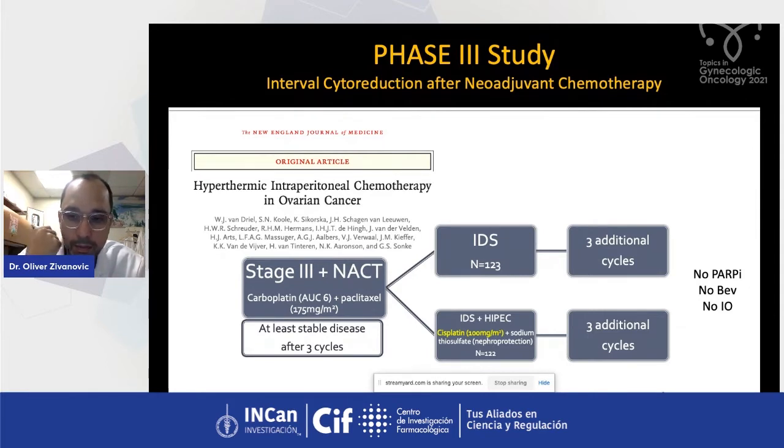first well-conducted and well thought of prospective study in patients with stage 3 ovarian cancer only, who received neoadjuvant chemotherapy, 3 cycles of carboplatin and paclitaxel. And once they had stable disease, they were randomized to either have interval debulking surgery or interval cytoreductive surgery, followed by 3 additional cycles, or they were randomized to have interval cytoreductive surgery